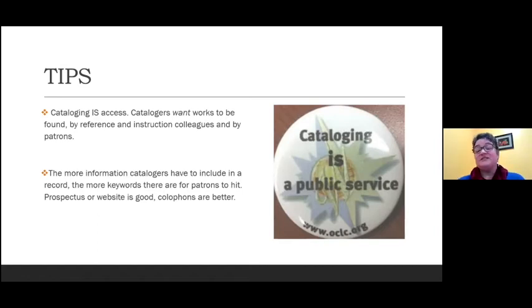But even better is a really complete colophon, because that stays with the book always. A prospectus can get lost. It can get lost in the reading room when somebody looks at it. It can get lost because somebody opens the box to look at it and it goes underneath the shelf. Websites are good, but websites die or start being unmaintained. A colophon stays with the book forever, right? For as long as the book is there. And so that's the best source of information, to put it right on the book.